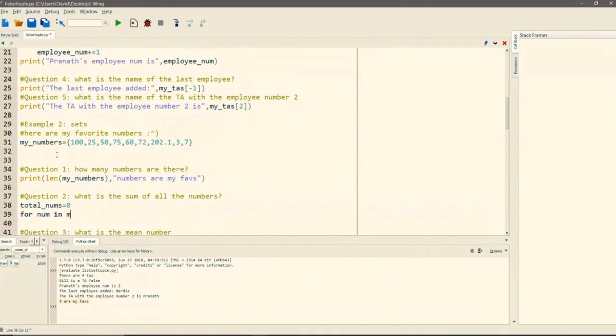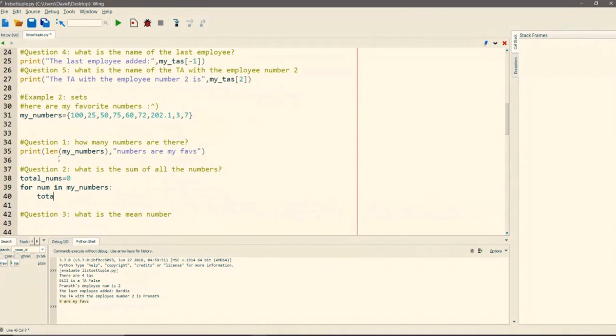My numbers. And what we do is we go total nums plus equals num. So we're going to add each number every single time, and that's going to give us a sum. By the time it's done the loop, we've summed up every single number in the set.